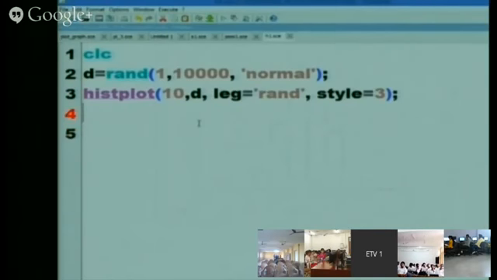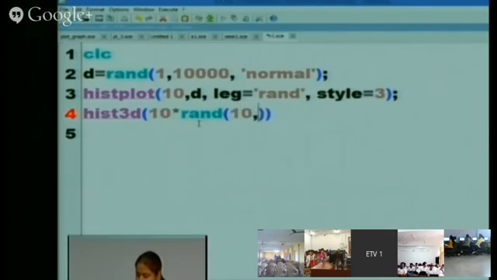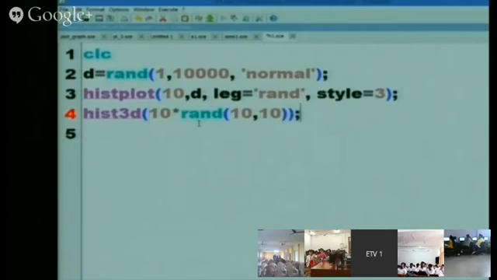So there are also many more histogram plots. 3D histogram is there also. Hist 3D. 10 into this is this. So here what I am doing, I am creating the D inside the command.